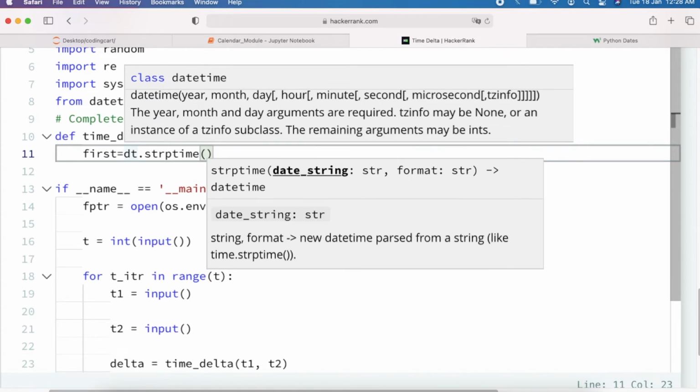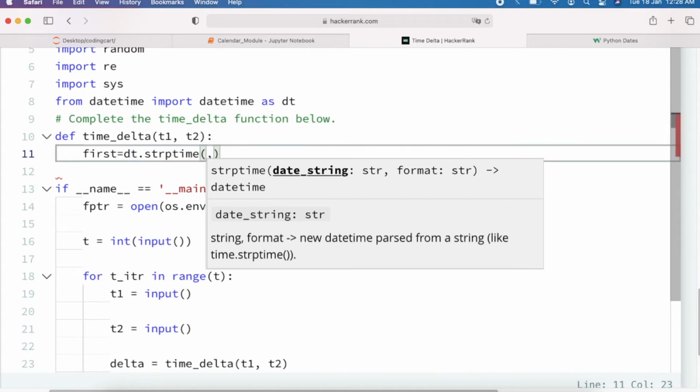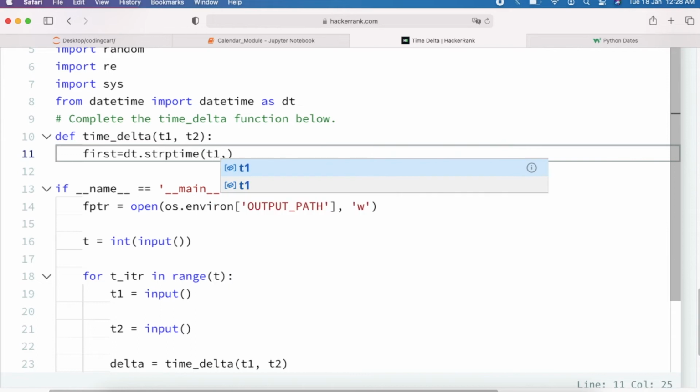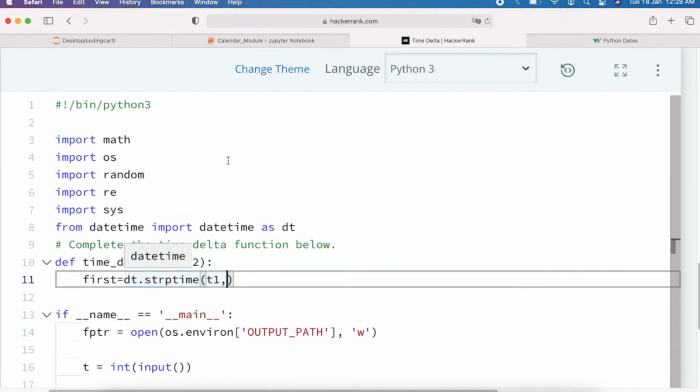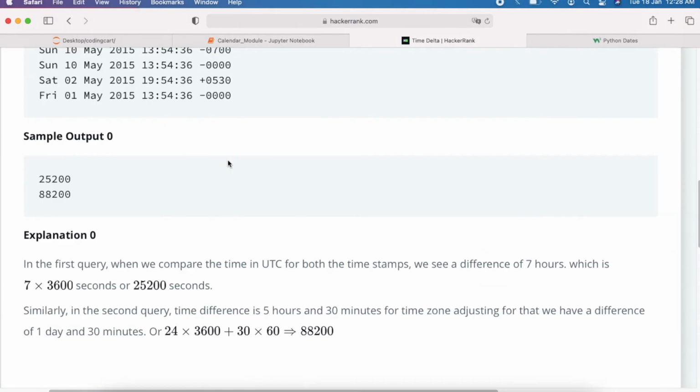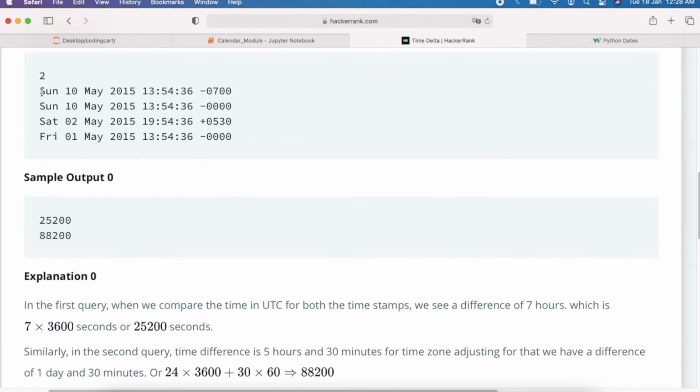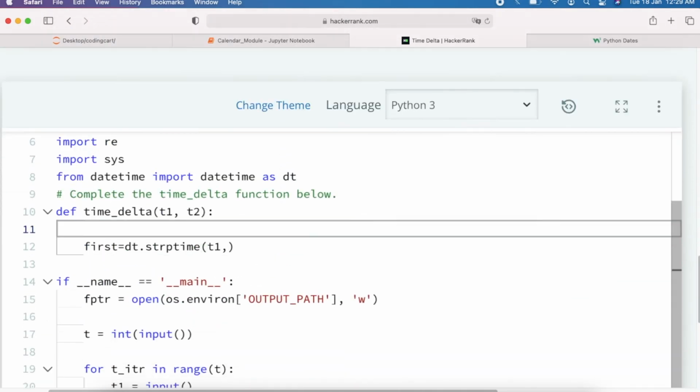Here it accepts two parameters. The very first one is the string date, which is t1, and then we have to give the desired format type. So if you see here, what will be the desired format type? Let us copy this one and paste it here so that we can write the desired format below it.